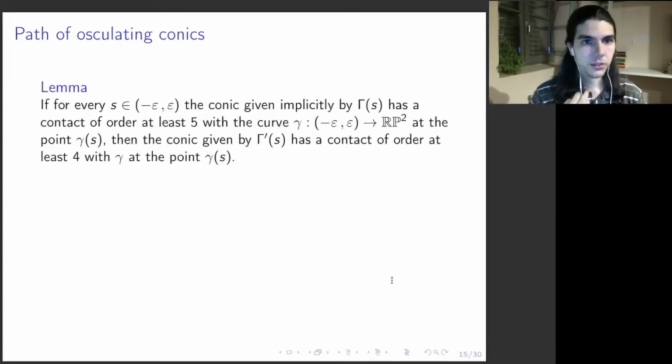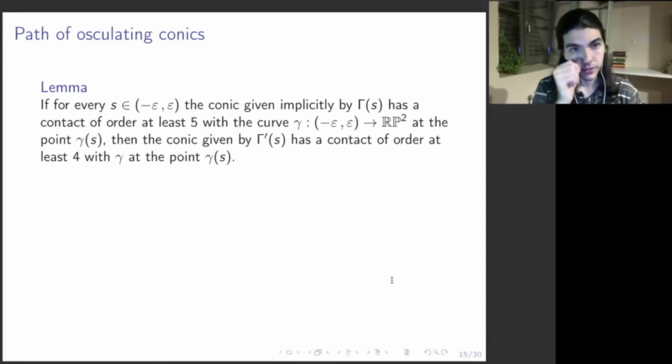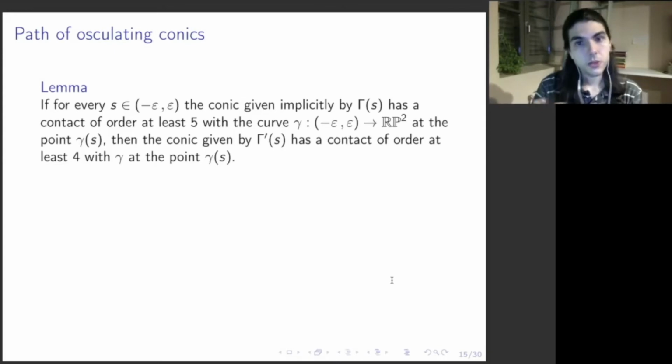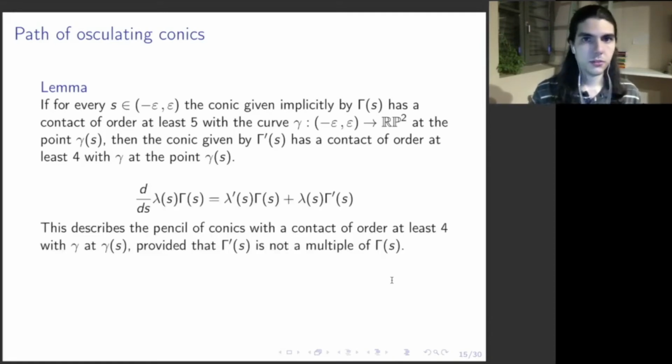So here's a very important lemma, which says that if for every value of s, the conic given implicitly by big gamma of s has a contact of order at least 5 with the curve, which is the case for the osculating conics, then the derivative of this path has a contact of order at least 4 with gamma at the point gamma of s. The proof of this lemma is just an exercise of differential calculus with those 5 equations we had, but